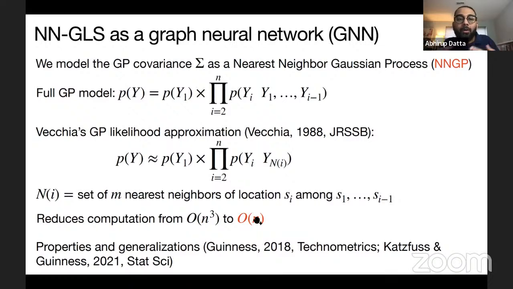There is now a lot of work on Vecchia's approximations, especially on how the approximation depends on the ordering, and how it can be generalized to many different Gaussian process approximations.